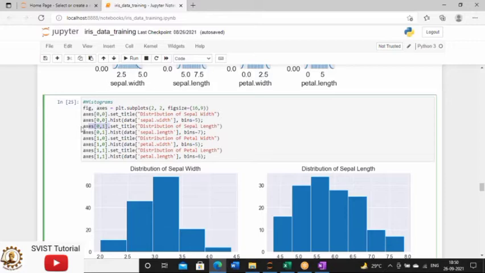Similarly, first fix the facet in which you want to display your histogram. Set the title, and then using the same axis, plot the histogram. You have to mention the column name from your dataset, and then you can set the width of the bin. Now here you will observe I have used multiple widths of the bin. Now the question is why?